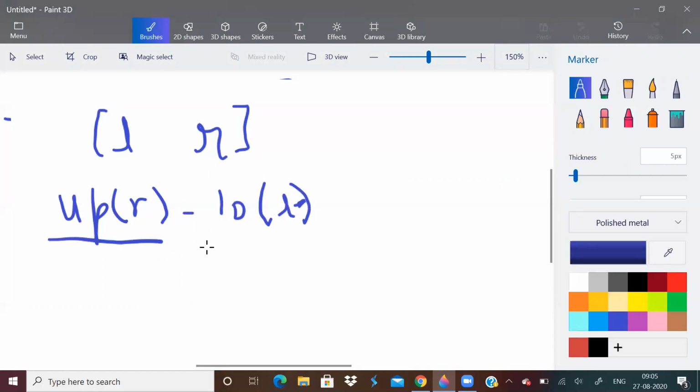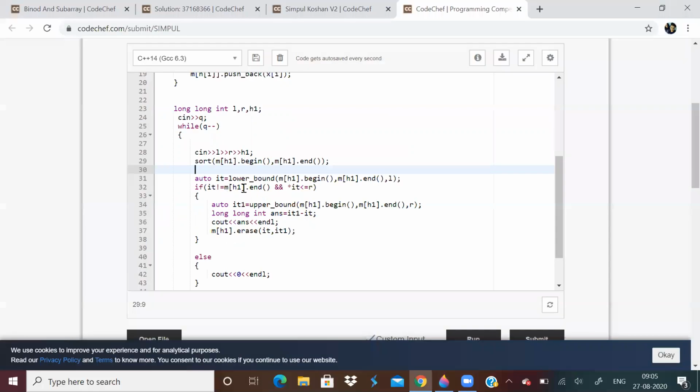So this will be the answer for such queries. And we just have to check whether lower bound of L is not equal to end, and this also. So these two are simple, you will understand that.